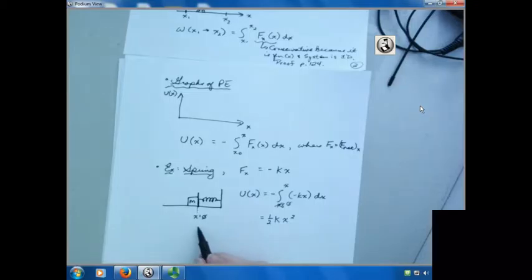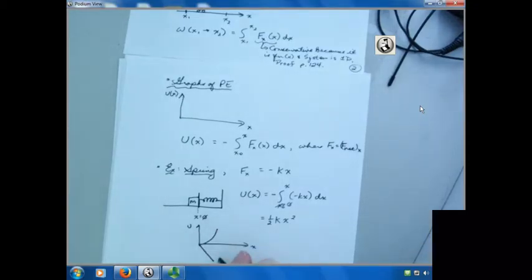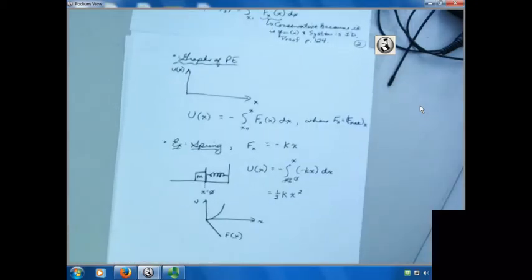And if I'd like to, I can make a plot of u as a function of x as this object compresses the spring. And the plot looks like that. It's quadratic. And what's the slope on this plot? Is it positive or negative? U as a function of x, its slope. It is positive, so what will be the direction of the force? The opposite, right? So you can draw a little plot here if you wanted to for force as a function of x. It will always be a negative number because that slope is always negative, and it gets more and more negative. All right, so that's one example.